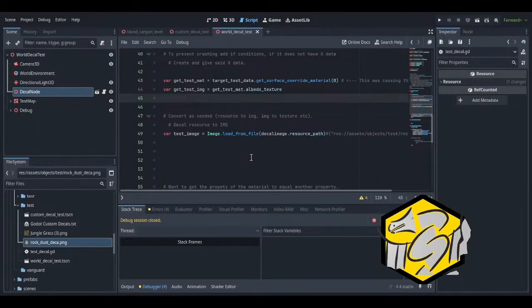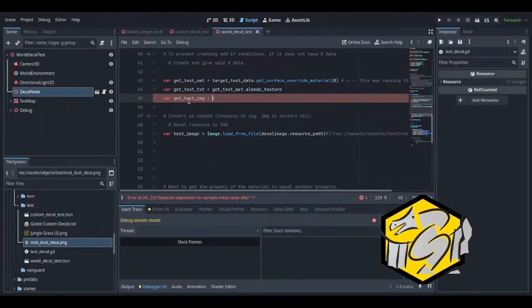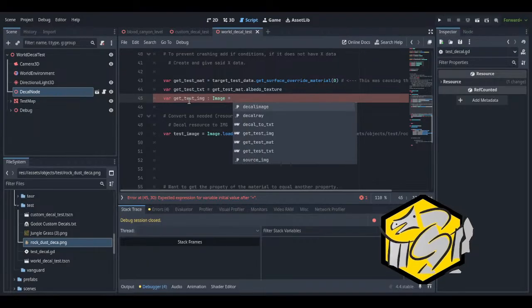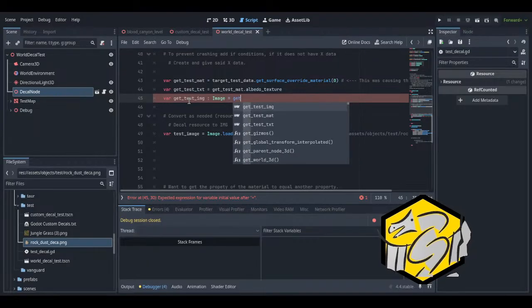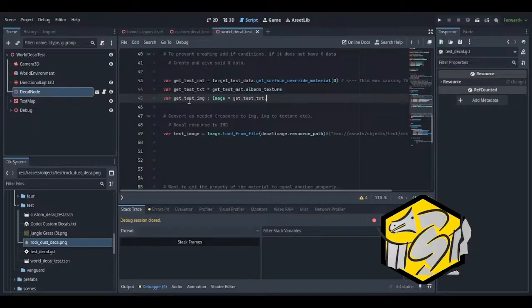Let me try var. This would be texture. Test image equal. Can I set this to image and then go get test texture dot get image?